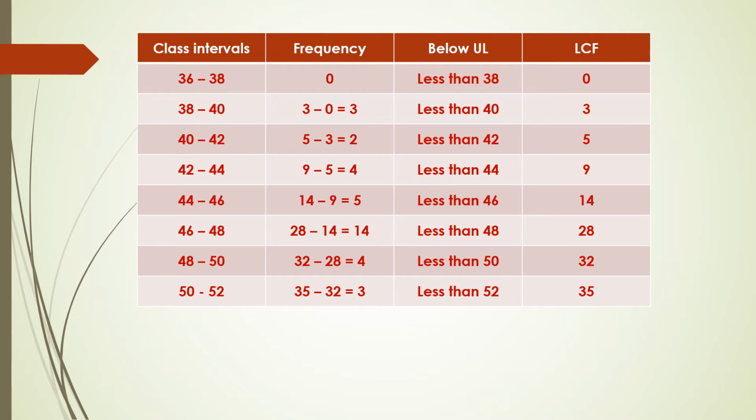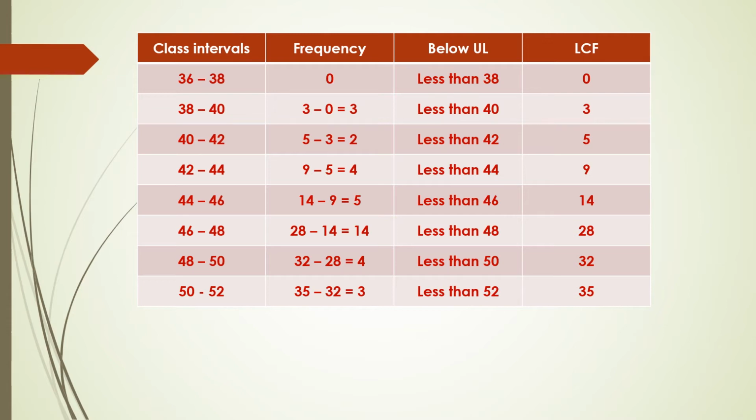By observing all the class intervals, or by similarity, I can write this 36 also. Therefore, in this way, we can find the class intervals by using column 3, which is given in the problem itself. Now, we have to calculate frequency by using this less than cumulative frequency data. How to calculate this? In case of less than cumulative frequency distribution, we know for the first class interval, frequency and less than cumulative frequency are the same.